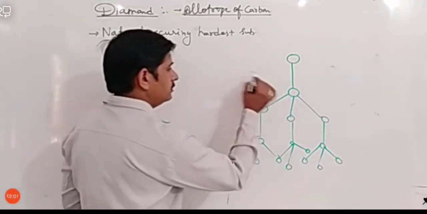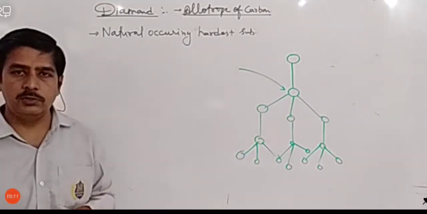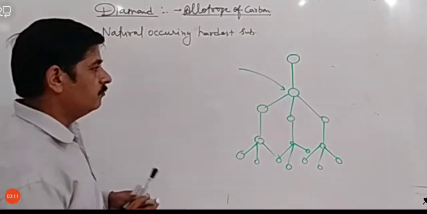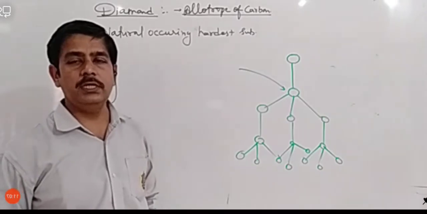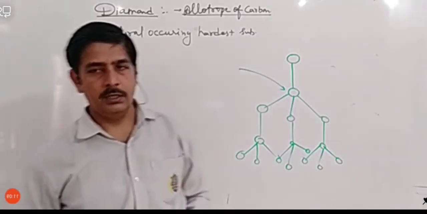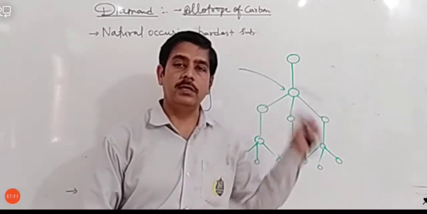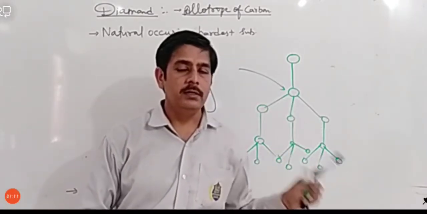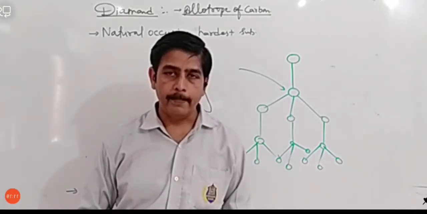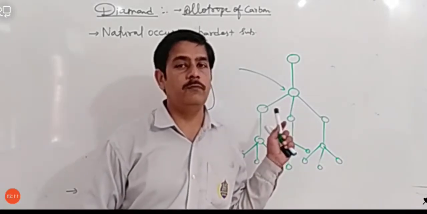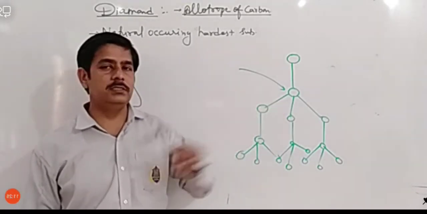Let's see. Say this carbon. This carbon is surrounded by 4 other carbon. ये जो carbon है, it is surrounded by 4 other carbon. 4 other carbon से surrounded है. That means it has no free electron. One thing, it has no free electron, because if we compare it with graphite, in graphite we saw that each carbon was surrounded by 3 and 1 electron was free. But here we can see all 4 carbons are there around it. So its 4 valencies are busy.